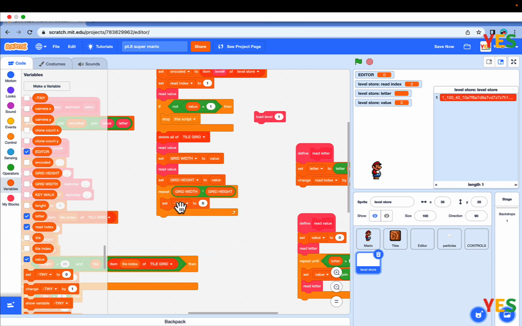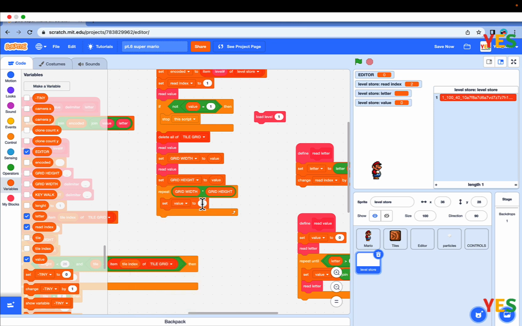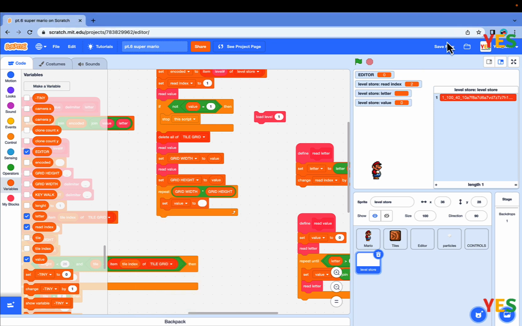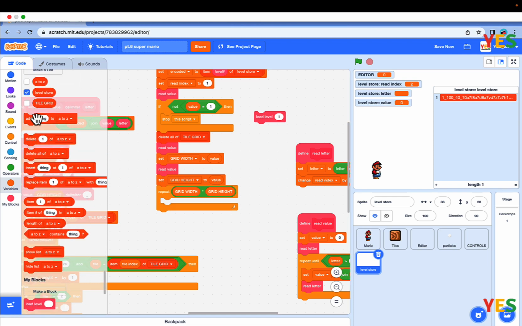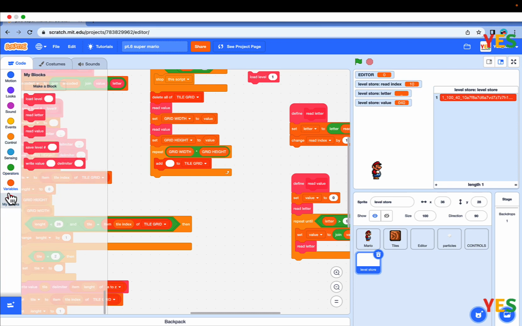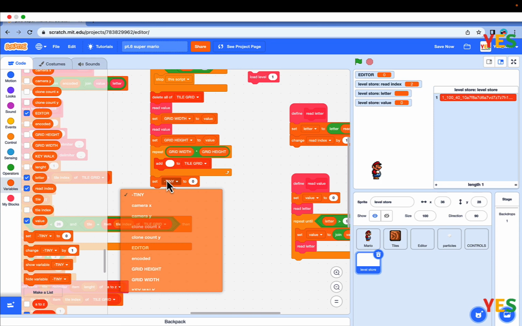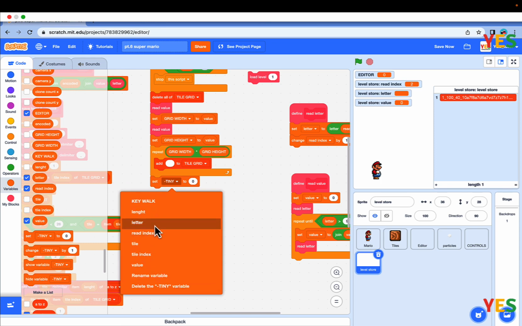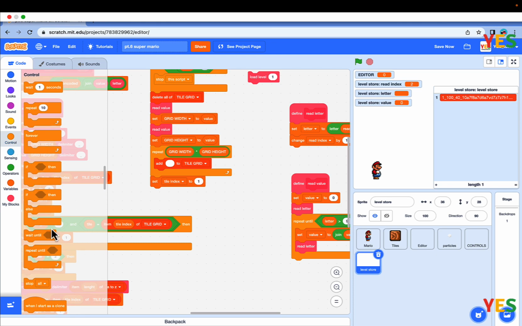Set value to the empty value like that. I mean, not set value, but add the empty value to tile grid like that. After the repeat, put a set tile index to 1. And put a repeat until